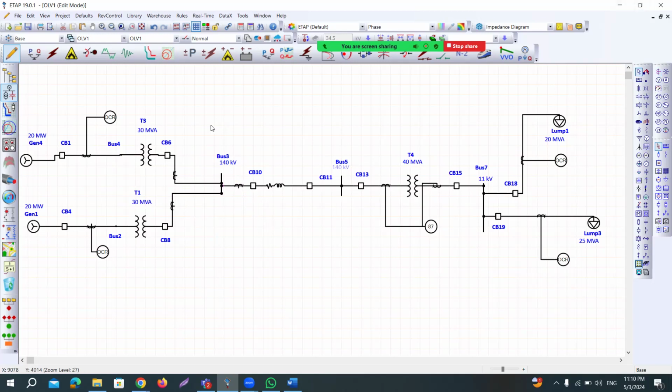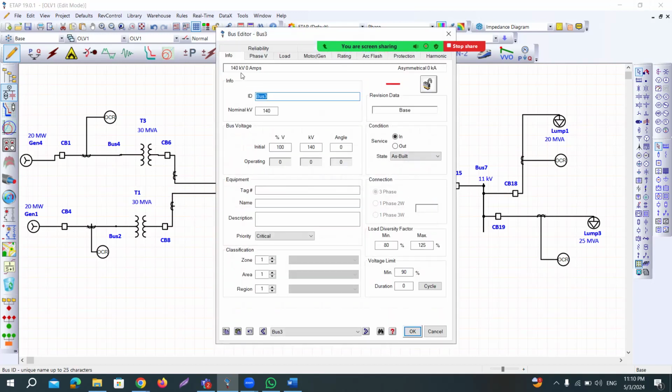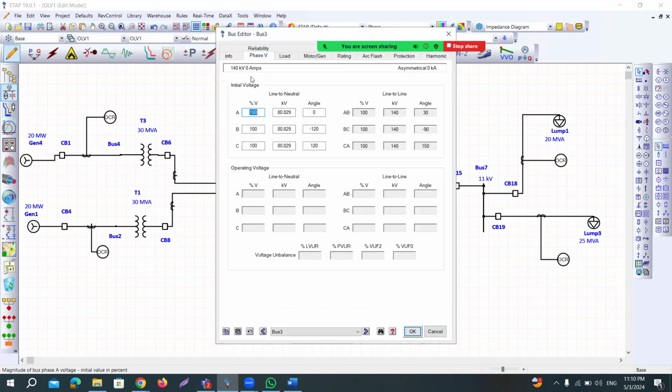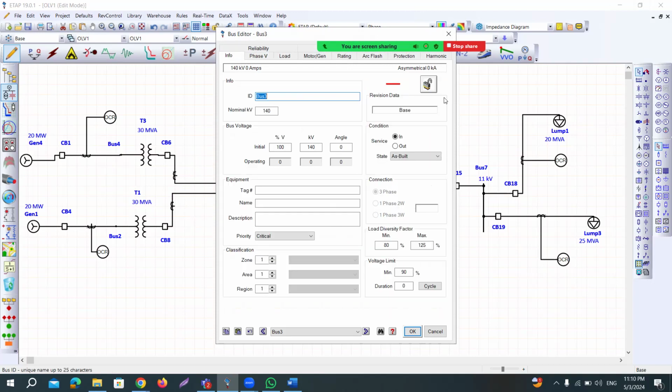And if you look at the current rating of the CTs, actually, sorry, not the current, the bus bar rating,